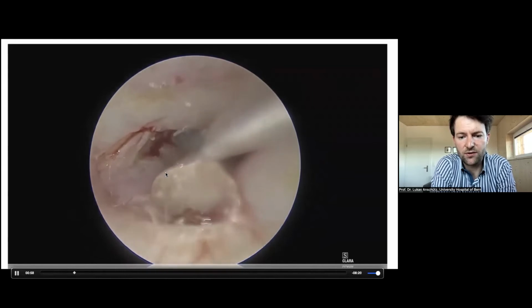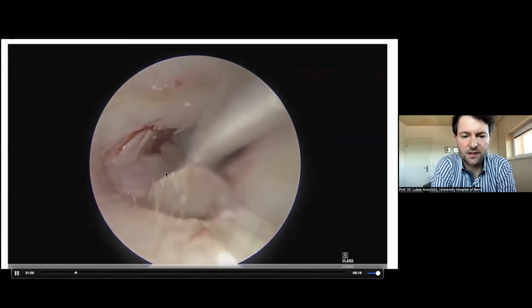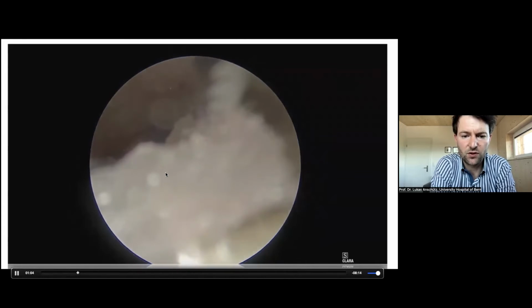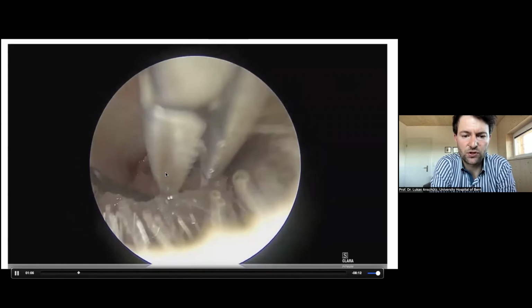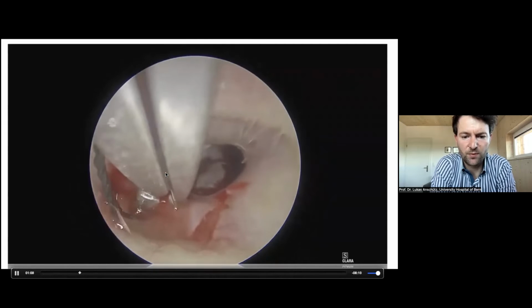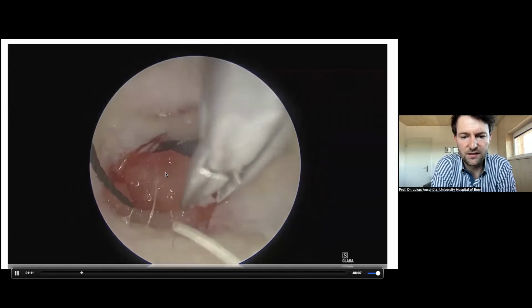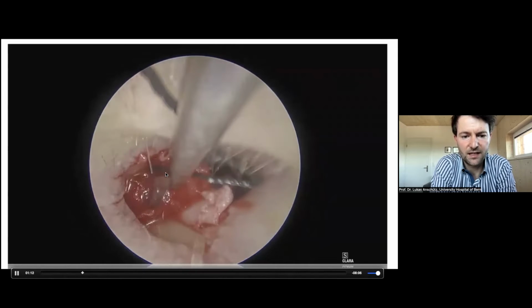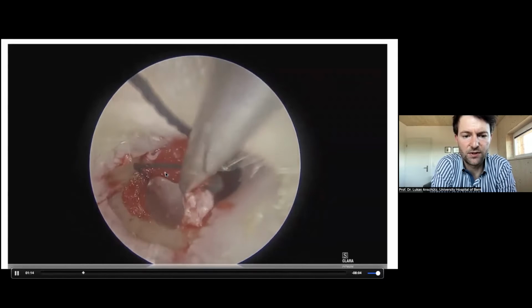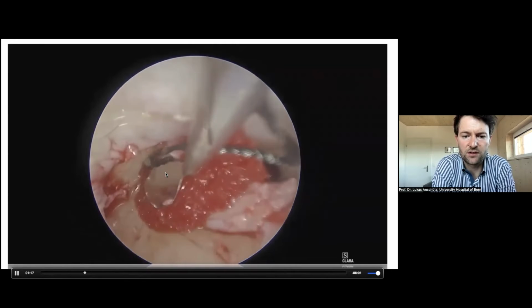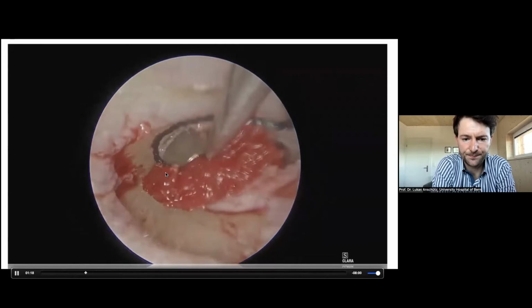You see, this is the right side, and sometimes I am a little bit in conflict with the endoscope. So if you start with your first cases, I would recommend to use the left side. If you are a right-handed surgeon, it is usually easier to operate. And again, with the neuropathy, I think this is really important. You can do the hemostasis and you can use it to dissect.